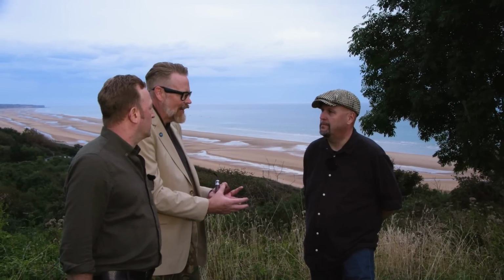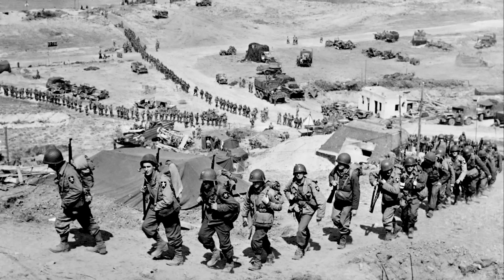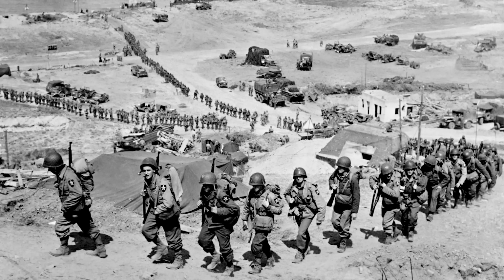Because Eisenhower speaks of it in his orders in the morning, or his opening speech. But did they really understand that? Do you think they understood that? No, I don't think so. No, there's another famous photo, this column that's coming off the beach, snaking up past one